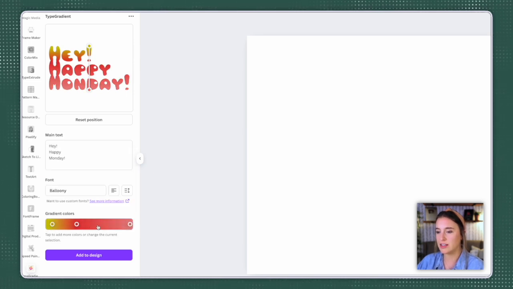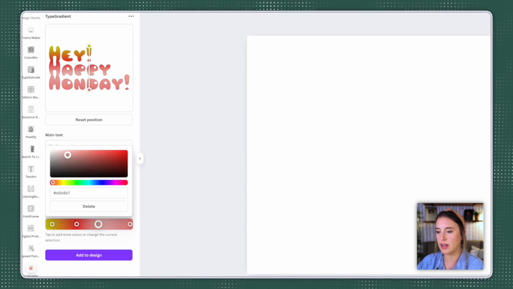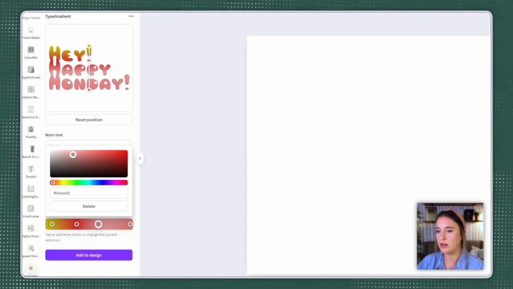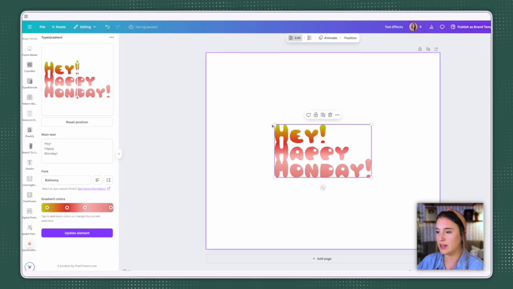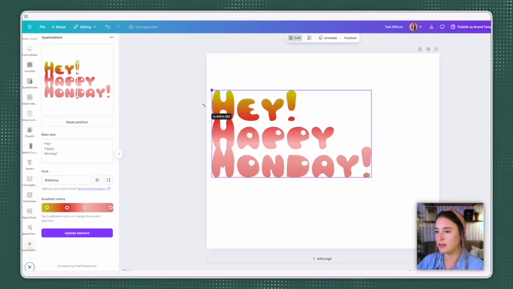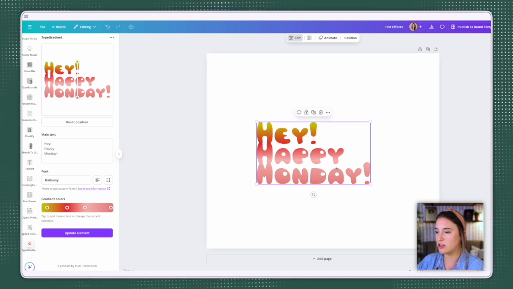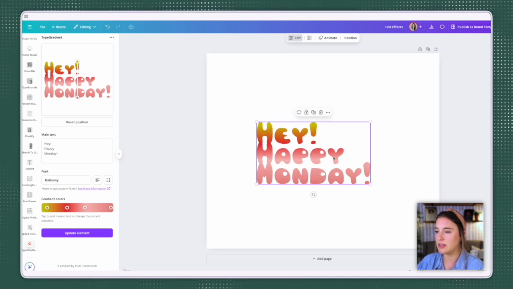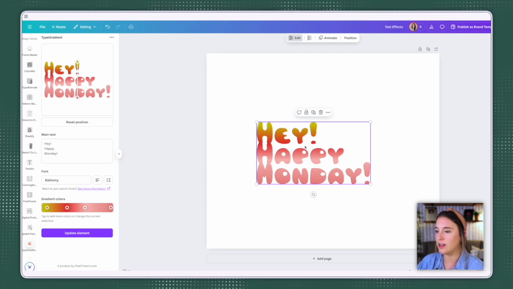I can click to add additional colors in the gradient just by clicking anywhere here to add another dot, and that's going to give me a 4th, and I can continue by adding more and more until it's looking like what I want. Then I'm going to click Add to Design, and here it is. I can then continue editing by resizing, repositioning, moving around, and this is just a fun way to add an extra pop of color and professionalism to your text, since adding gradients like this is not currently available in the